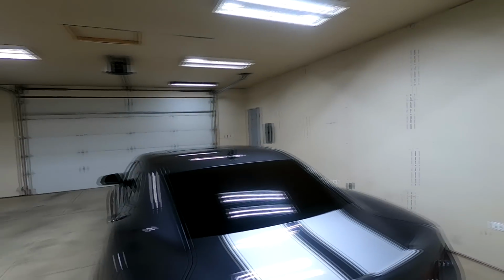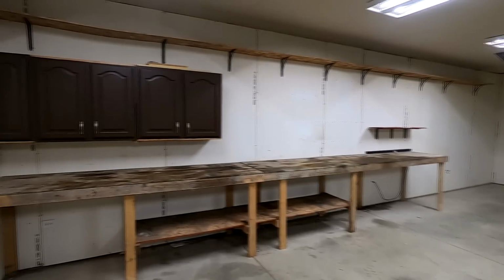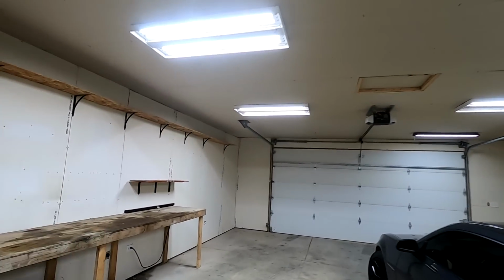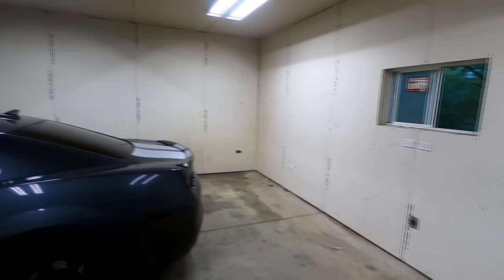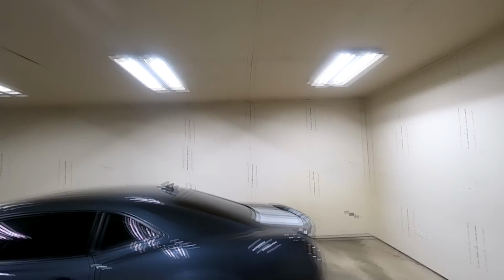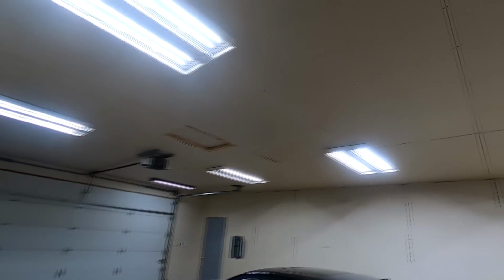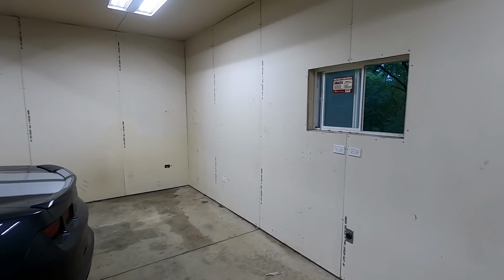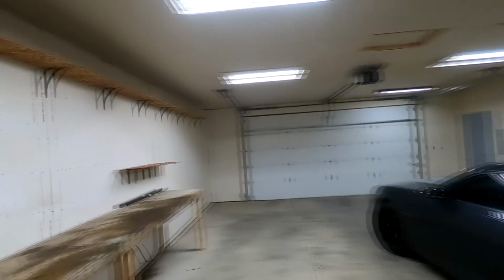All in, I'm probably around 13 to 14,000, and that's including the walls all being insulated. The ceiling is not insulated. I never got around to it, and I honestly was just using a real big torpedo heater out here, and I'm in Wisconsin, so it gets really cold. With the walls insulated and the drywall on the ceiling, it held heat really well, so I never got around to insulating the ceiling. But all in, I'm around 13,000, and that's with buying all the drywall on the ceiling and all the insulation for the walls,